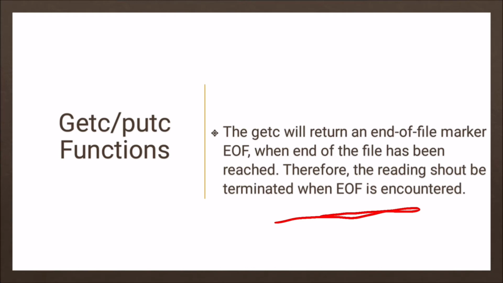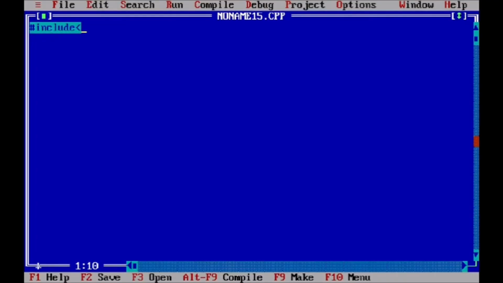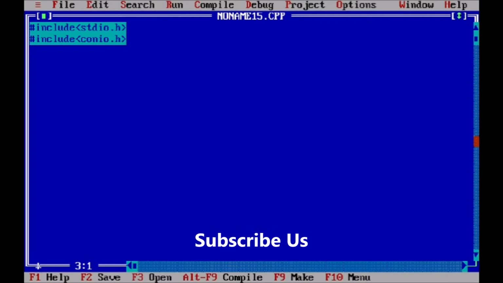Now let us see an example of how we can use the getc and putc functions. First we include our header files, stdio.h and conio.h, and then we start with our main function. Obviously we have to use a file pointer, so we define one file pointer f1.